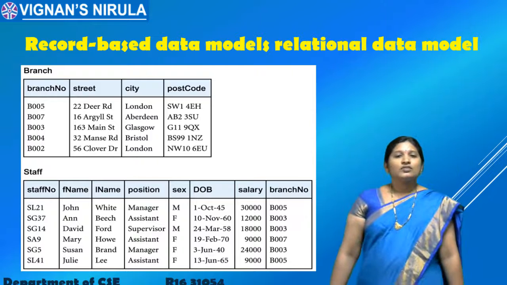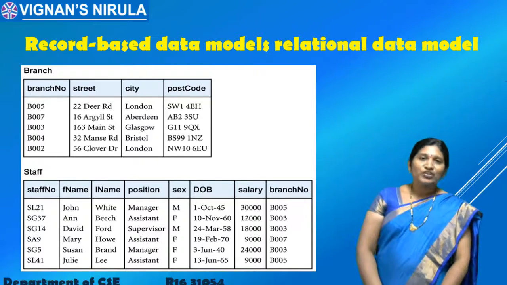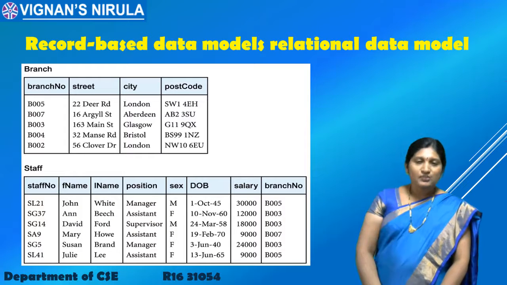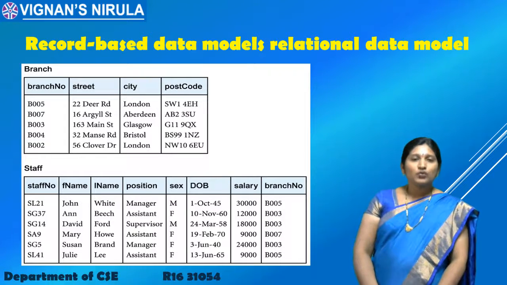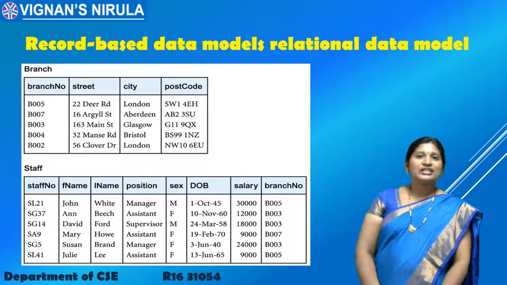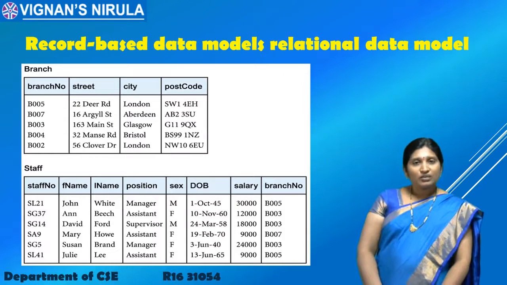While coming to the summary of this video, we have presented what the various categories of data models available are and what the purpose of a data model is, and we have covered what the purpose of the record based model is, how we represent data by means of a network model, and how we represent the database in terms of the hierarchical model.